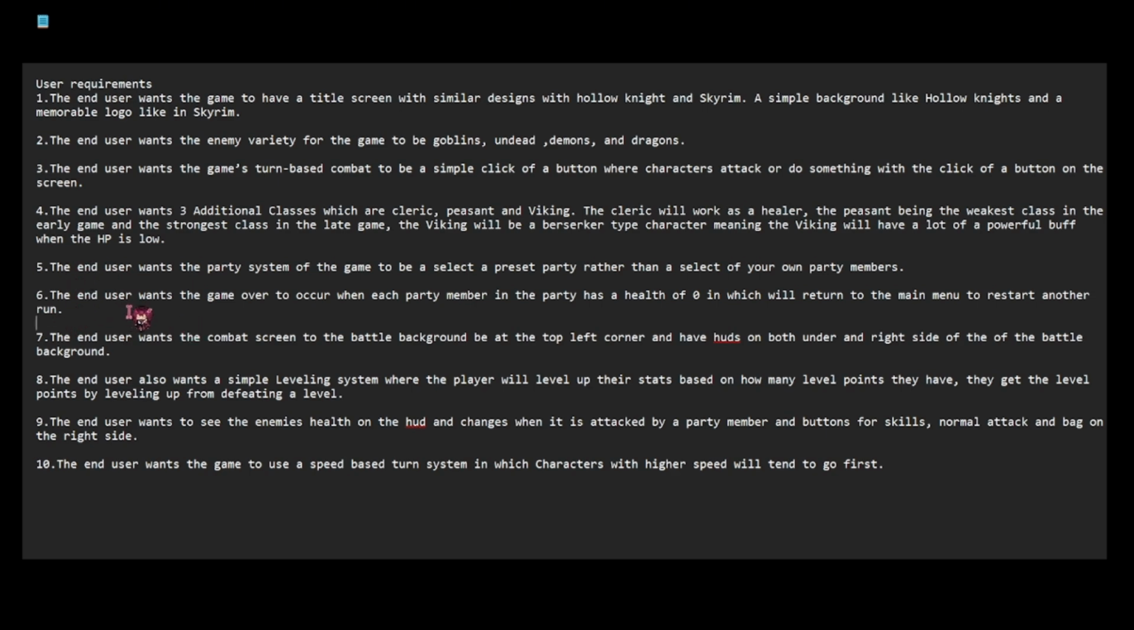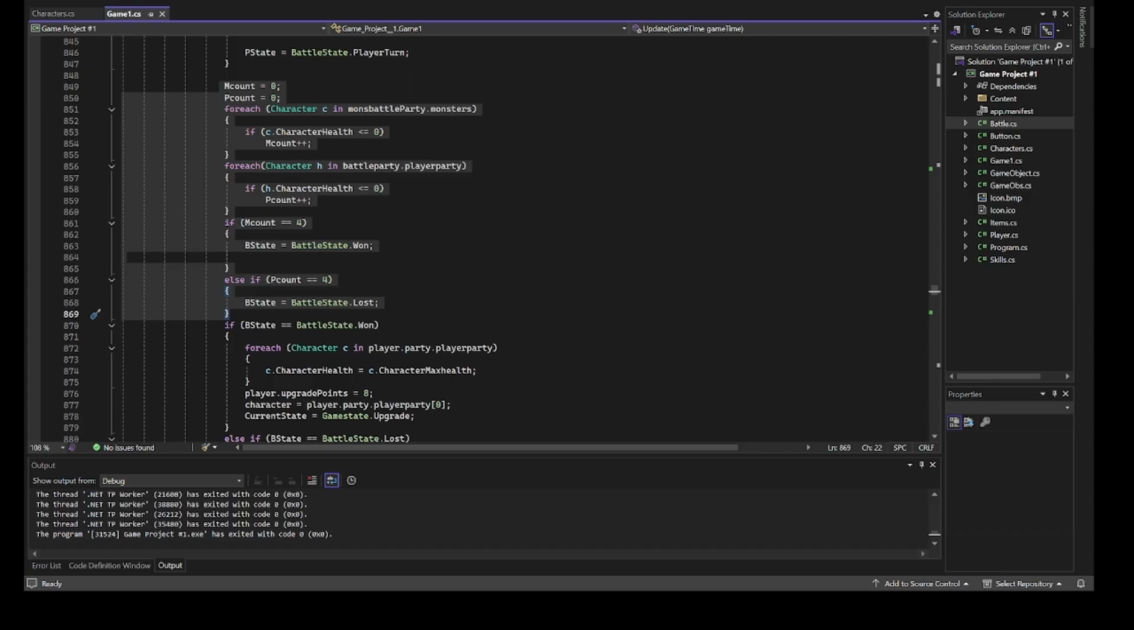Now, for my sixth end user requirement, my end user wants the game to be over when each party member in the party has a health of 0, in which case we'll return the player to the main menu to restart another run. On the screen is the program code which is the validation for this end user requirement. As you can see,